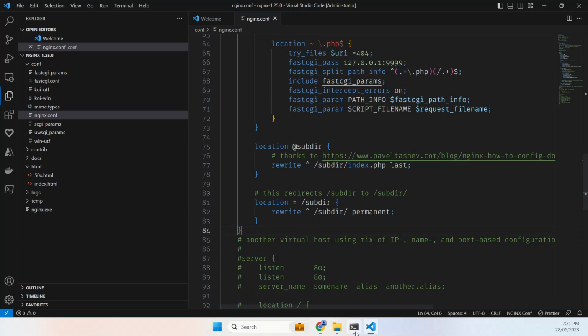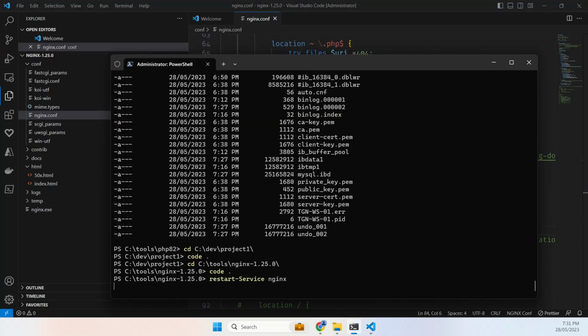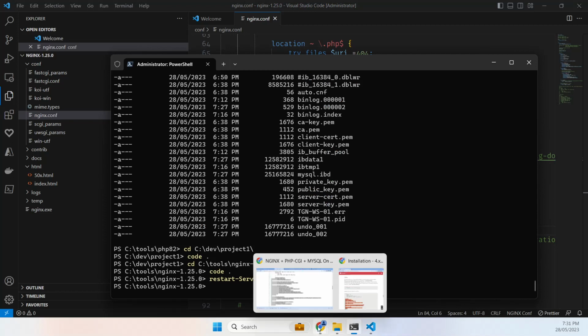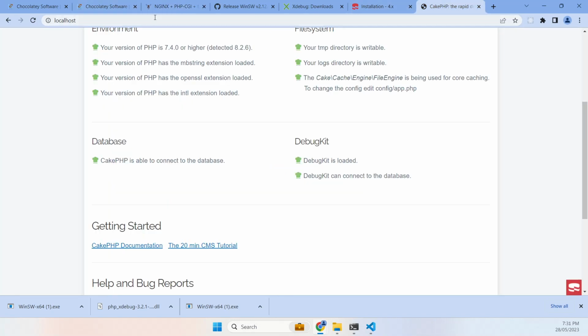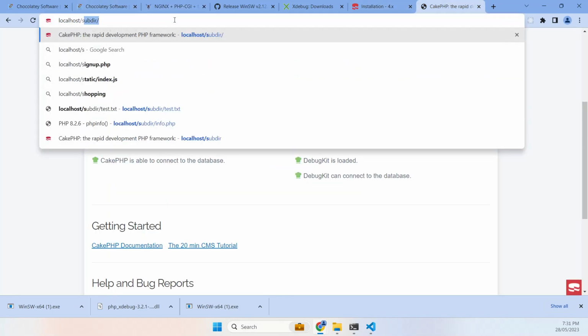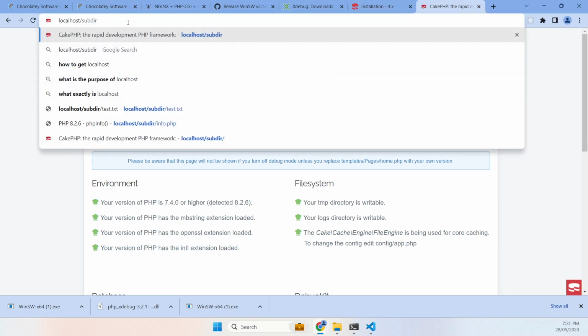So now that that's done, we need to restart our service, and let's have a look if it worked. So it's subdir which we're trying to connect to. So let's have a look, subdir. Now you notice when I remove the trailing slash, what we'll do, and even what we could do